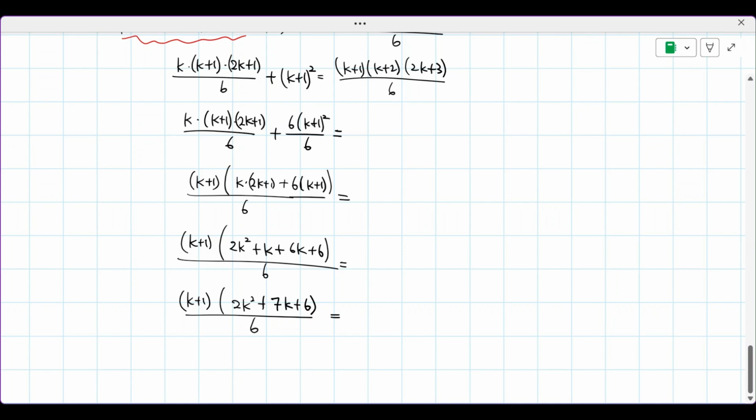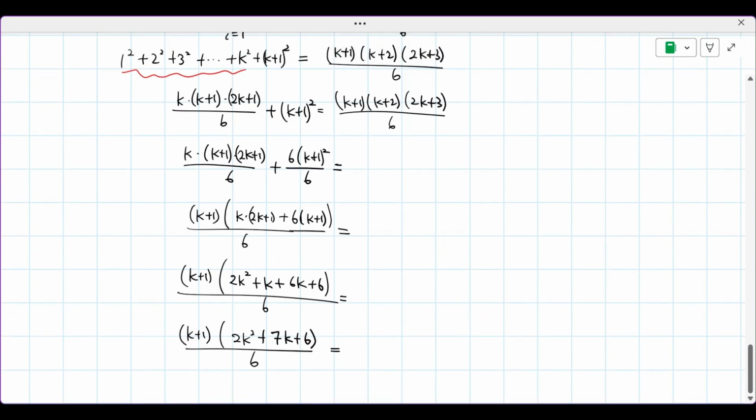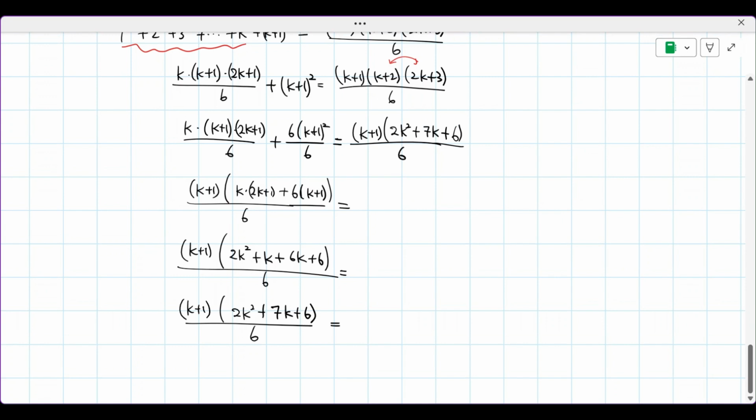Now, I'm not going to expand this one step further because I think I can go easier the other way around. What I'll do is leave the k plus 1 outside in the first place, but then expand the k plus 2 and the 2k plus 3, these two terms. If I do that, it'll become 2k squared plus 4k plus 3k, so that's going to be plus 7k, plus 2 times 3, so that's 6. And then we have shown